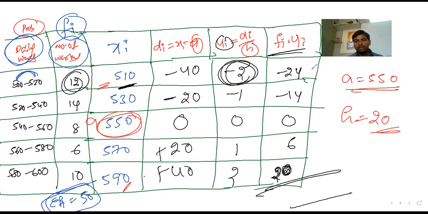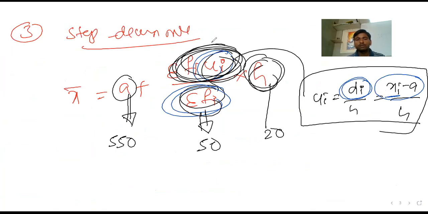So sigma fi ui means you have to add all these things. When you add all the things, minus 12 you are going to get. Because minus 24, minus 14, minus 34, minus 34 plus 20, minus how much is it? 38. Minus 24, minus 4, minus 38. Minus 38, 20 plus 6, 26. So plus 26, answer is minus 12. So sigma fi ui is minus 12 you are going to get. So please apply in the question. Okay, now let us, this is minus 12.